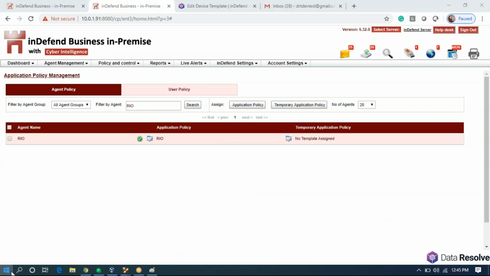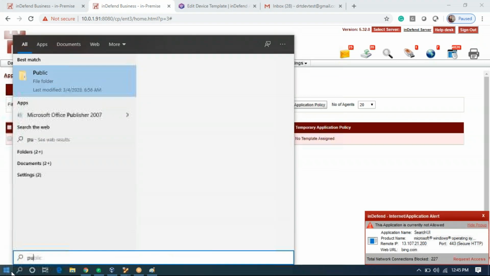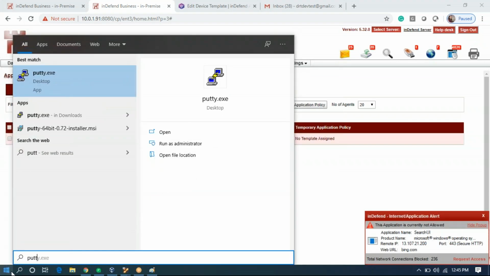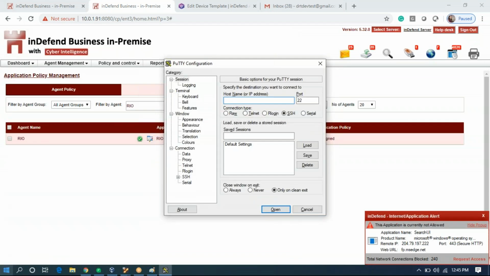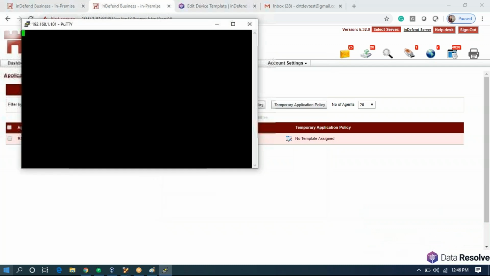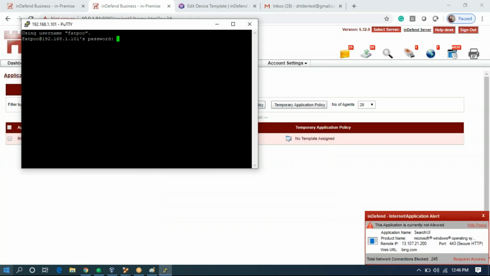Now we will again start PuTTY. First we'll connect to 101, which should get connected. As you can see, we are able to connect to 101.